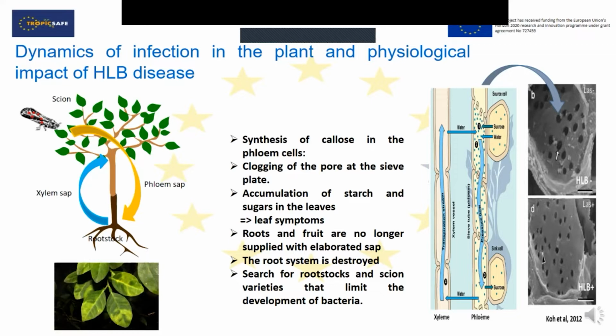If the carbohydrates are no longer transported, the roots and the fruit are no longer supplied. What you will get next is the destruction of the root system. So it would be very interesting to investigate rootstocks and scions that may present better tolerance to